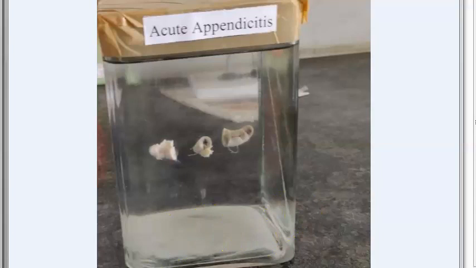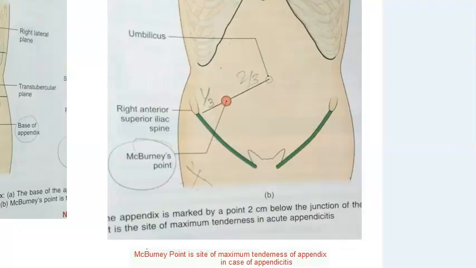So now what will be the clinical features if they ask? Then you will say colicky pain around the umbilicus, right? McBurney's point you will say. Then you will talk about fever, abdominal tenderness, increased pulse rate, neutrophilic leukocytosis, right? So you will see a lot of neutrophils in the blood, neutrophilia you will see. Now what else? In acute attack, this is what they are saying. If it becomes later stage following acute attack, then there will be fibrosis, healing, chronic inflammation. But here we are talking about acute appendicitis, remember.